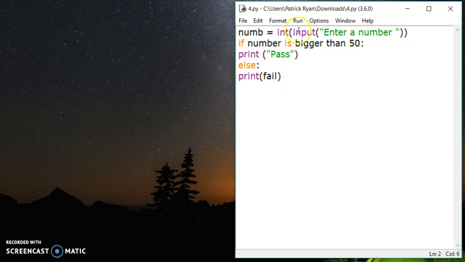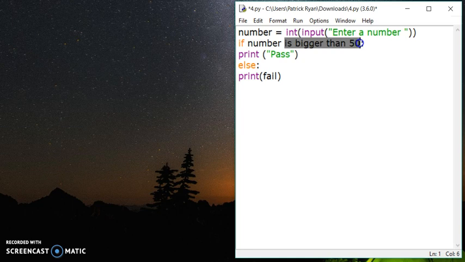Some of this works quite fine. The top line is absolutely correct. The only problem we have here is that this variable name doesn't match that variable name. So I can either change this one to number or change that one to number, but they need to match. And when it comes to